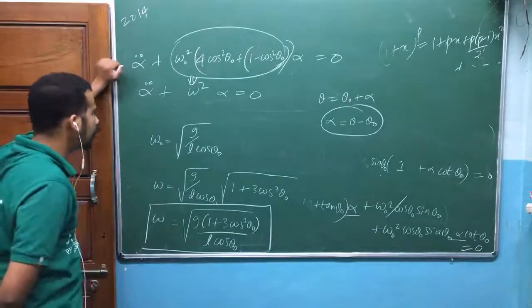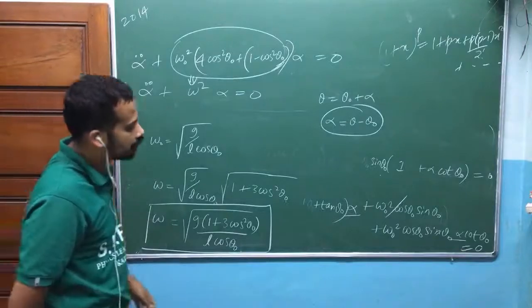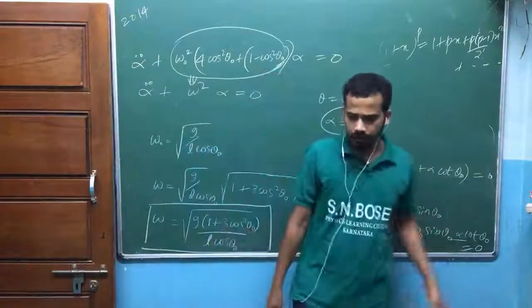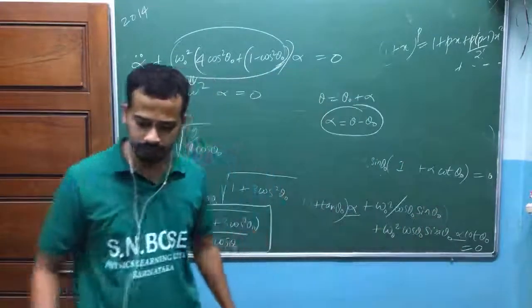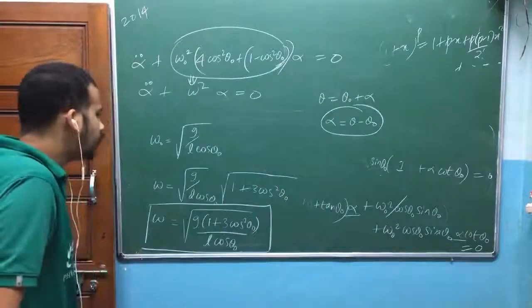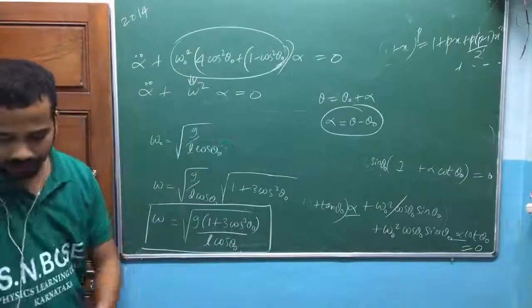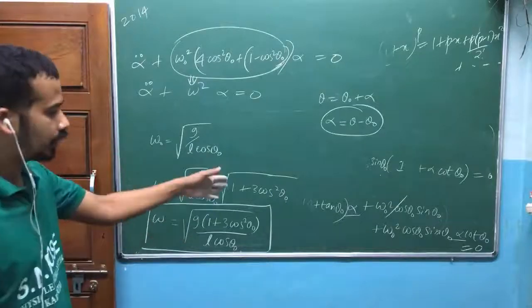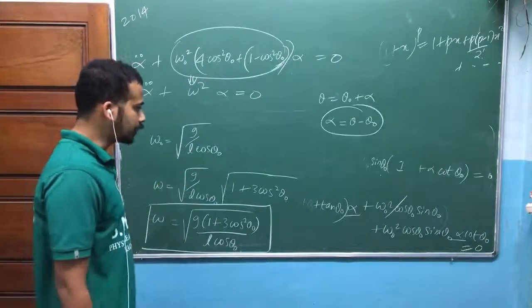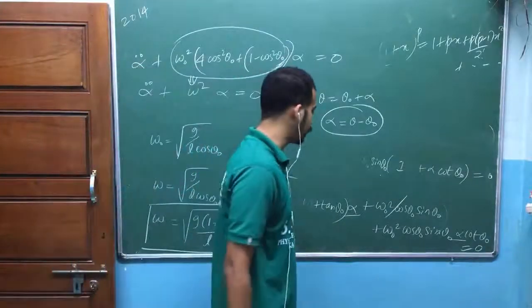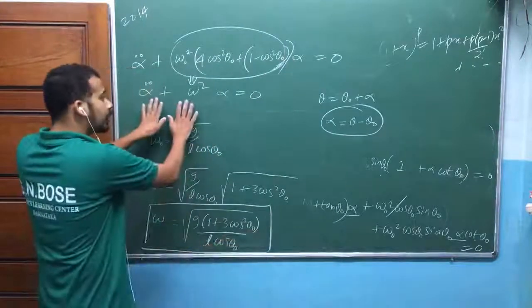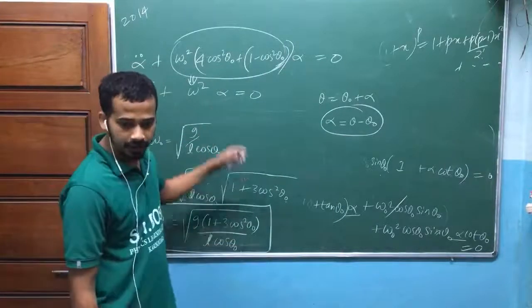Again, look at here, to get into this step, we have done a lot of approximation. Again, the question remains after solving this question, that is how to get that kind of approximation. Again, one thing is it should come by practice. The other thing is ultimately we should get into this kind of equation.